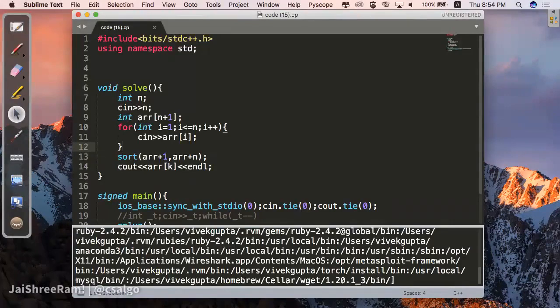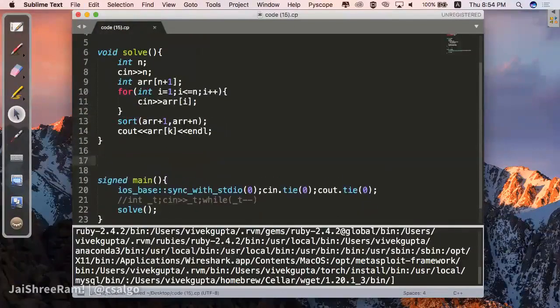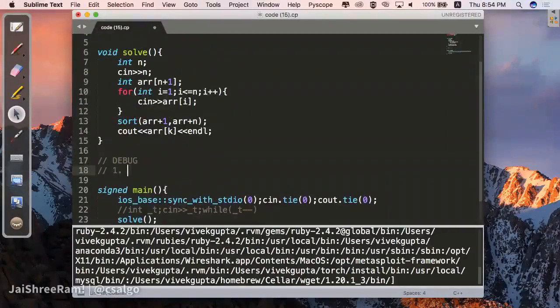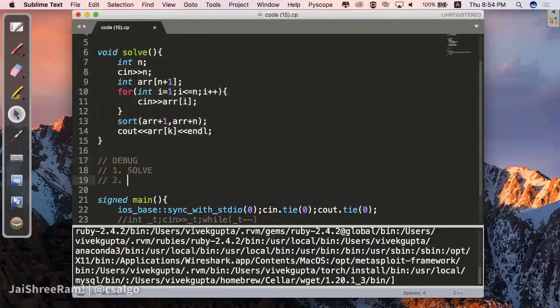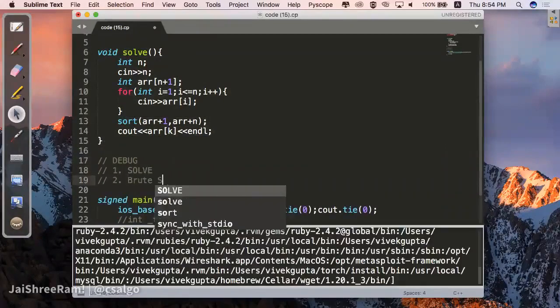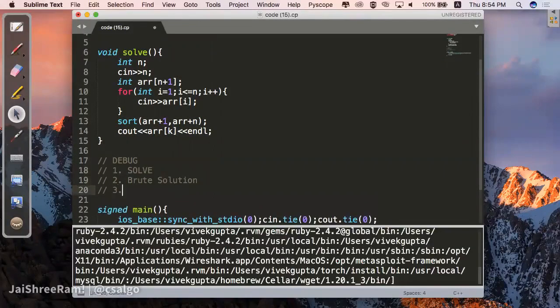So how do we debug a code? For this we will write three things. First, a solver, whichever solve function you want to test.